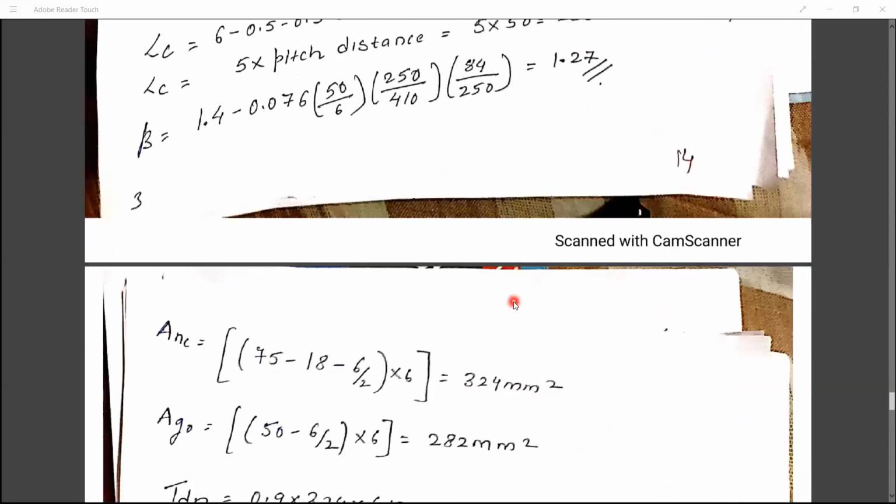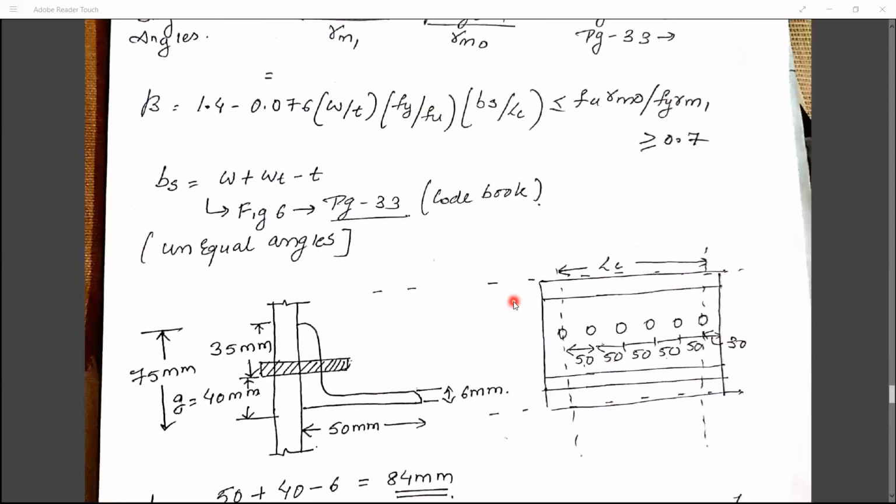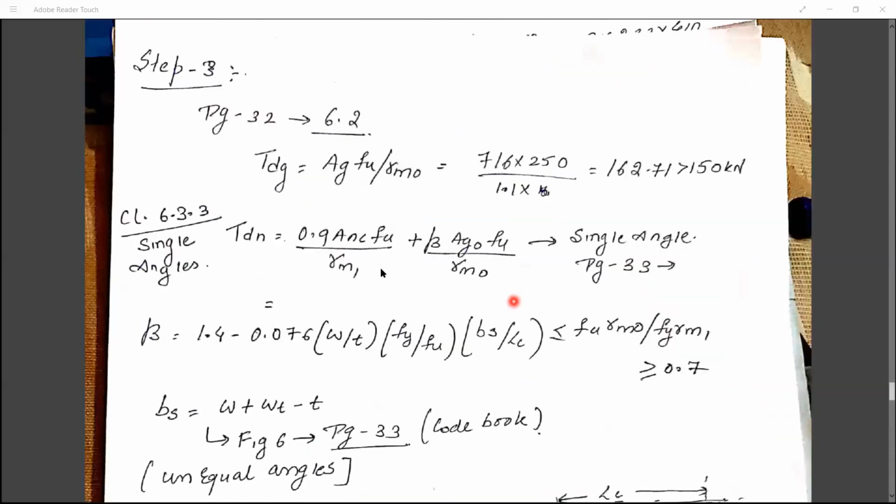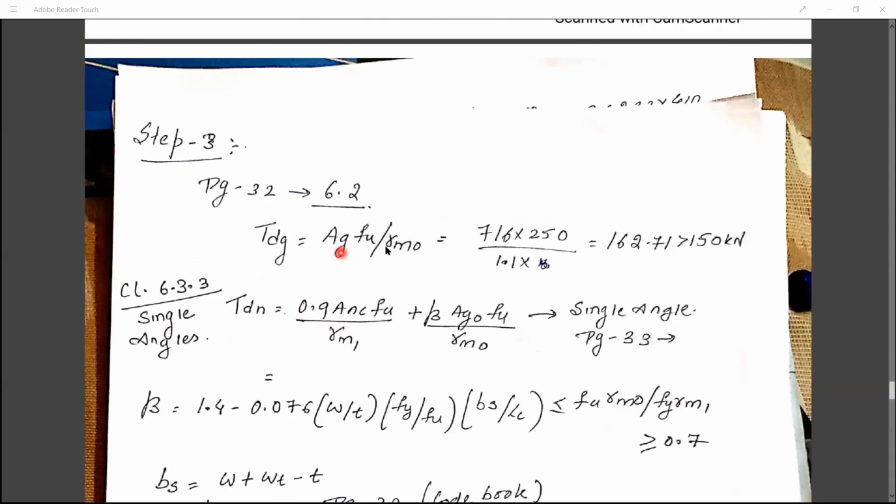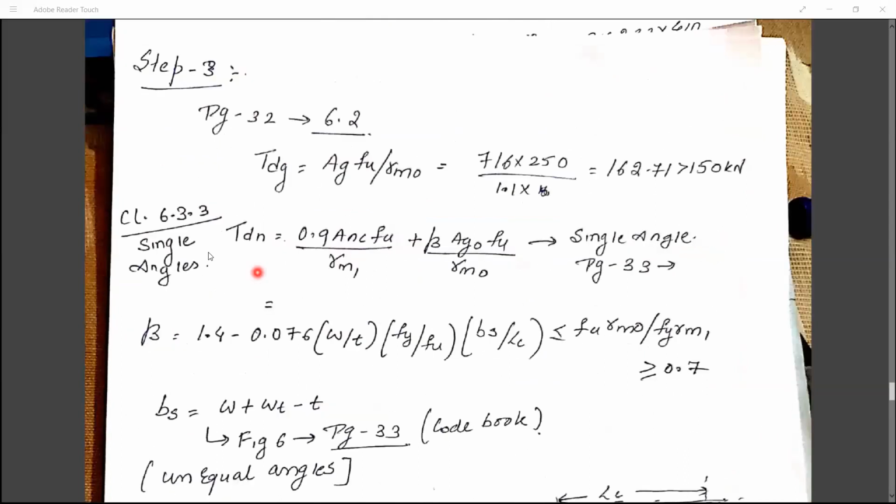So compare this value. See, Tdg is Ag fy by gamma m0, 716 into 250 divided by 1.1. So that is nothing but 162.71, which is more than 150 kilonewton. So our factored load is coming safe here. Then next,